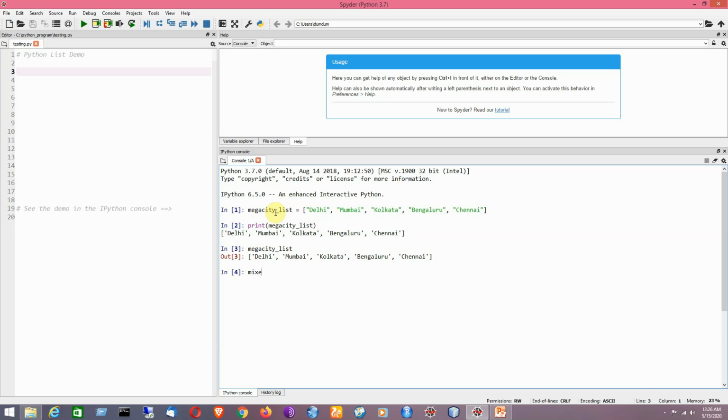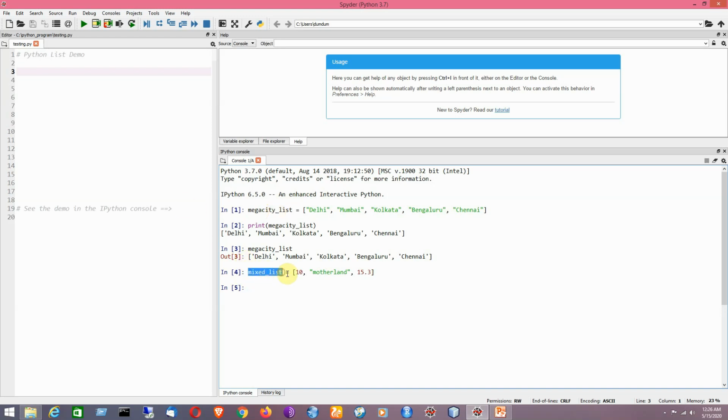Suppose the name of the list is mixed list. So it is the name of the list, mixed list. Now suppose it is having say three elements and each of them are of different types. Say for example it is named motherland. So motherland is a string. Clear? And lastly I can have a floating point type variable. So now I press enter. So the list is now being created.